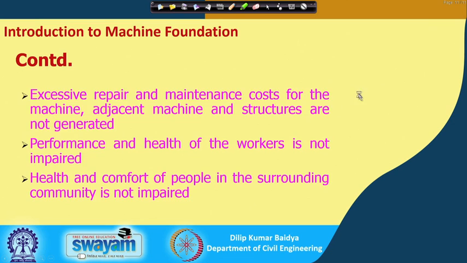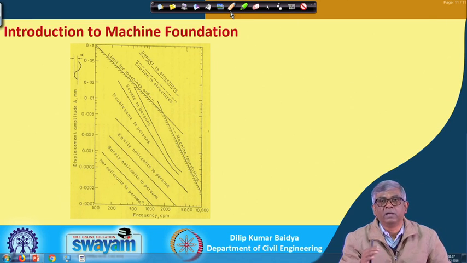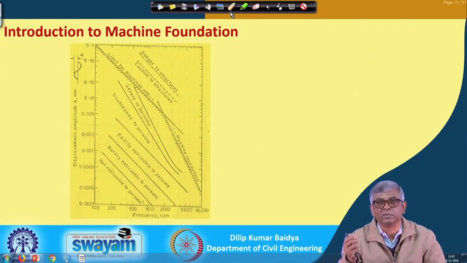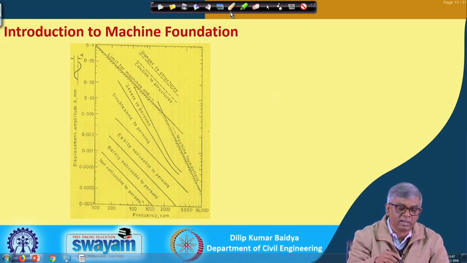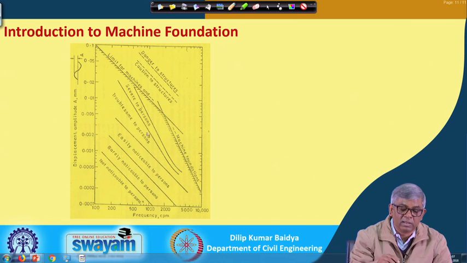So, what is the general guideline? You can see here in this figure, if the frequency is very high, we will be able to tolerate very less amplitude, whereas at low frequency you can tolerate a little higher amplitude. Because of that variation, for frequency and displacement amplitude, there are different ranges of tolerance we have mentioned. See this: if I keep the frequency and amplitude in such a way that it is not noticeable to a person, then that is very safe. If I can design within this zone, then it is very safe.